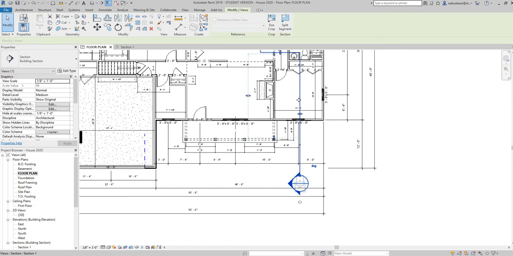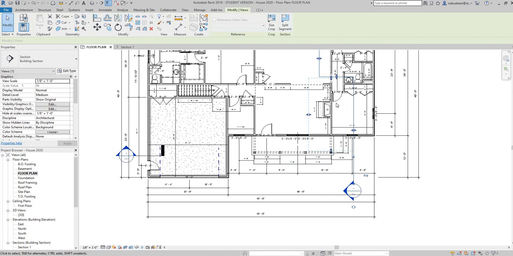And by the way, you can always hide that section if it is becoming a problem for you, although you can also leave it the way it is. So here's the section for the typical section, and here's the section right by our garage,